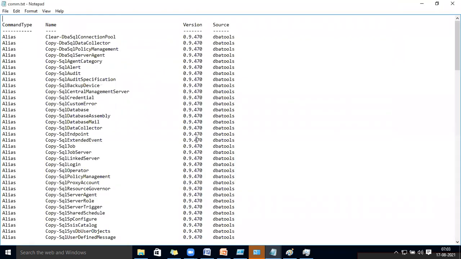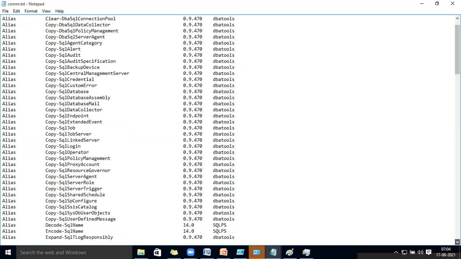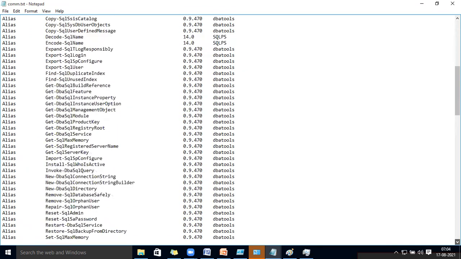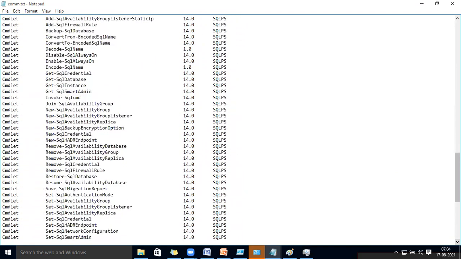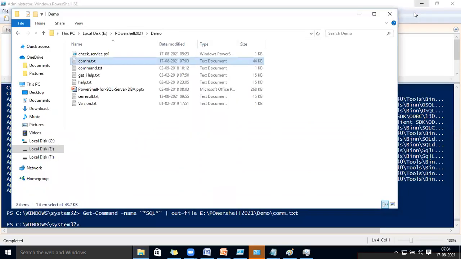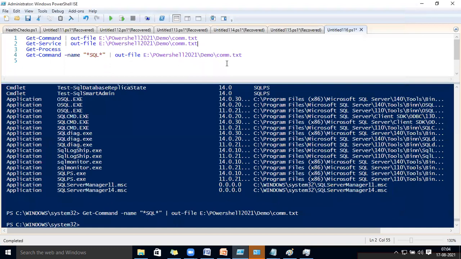So basically these are the commands related with SQL. I have given the star, you know that if you put SQL between two stars, it will search wherever SQL comes, and all results are going to be displayed. So you will see these are the DBA tool, the same thing I have explained to you, this time coming only related with SQL. And we are not going to learn each and every command, only a few commands we are going to learn, and I will explain how you can work with all this. Okay, so this is one command where you can run Get-Command using the filter option.